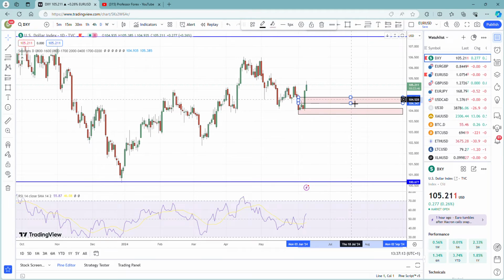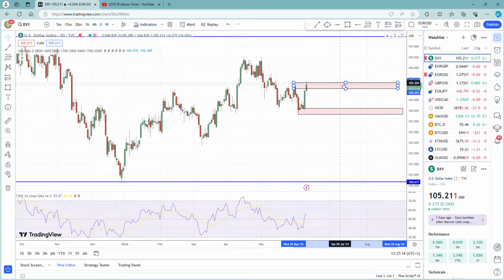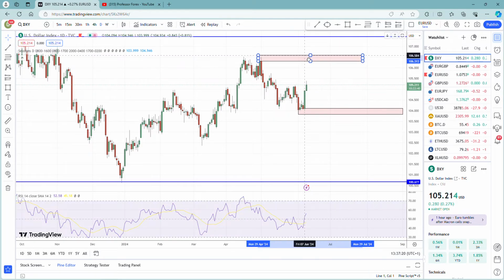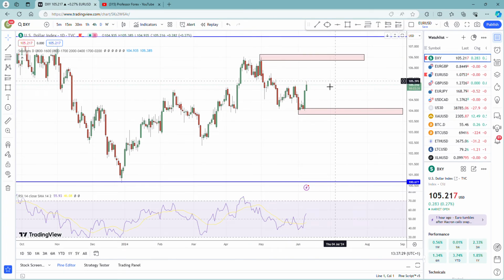Once you've done that, you want a resistance as well. So you could put this as a resistance, or you could have it here. I'll put it here, so it gives it a bit of breathing space. This is also a potential resistance where it could fall down further, but just to give you a bit of